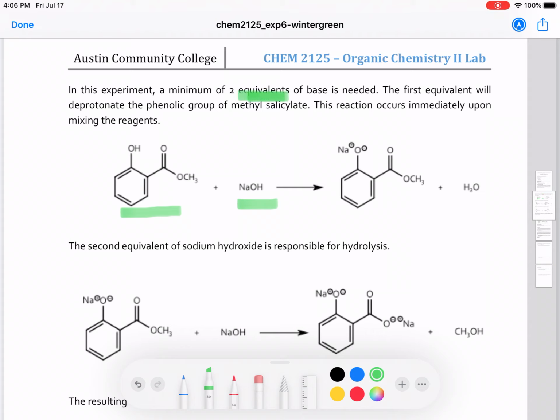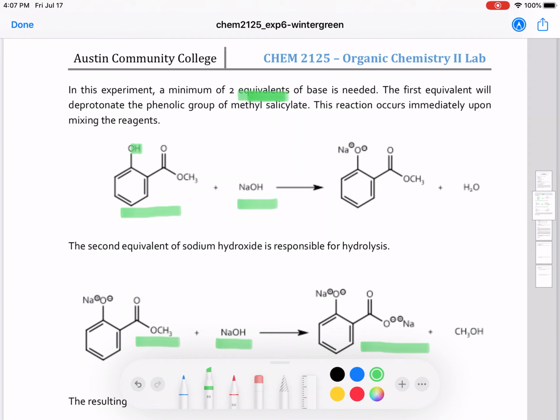So why do we need 2 equivalents? Because there are 2 sites where a base can react. The first place is this hydroxide group over here. In the presence of sodium hydroxide, it will become the sodium salt of the wintergreen oil. And then the second equivalent, the second sodium hydroxide, will be used to hydrolyze the ester part. This process is called saponification, and then we will be getting the sodium salt of the wintergreen